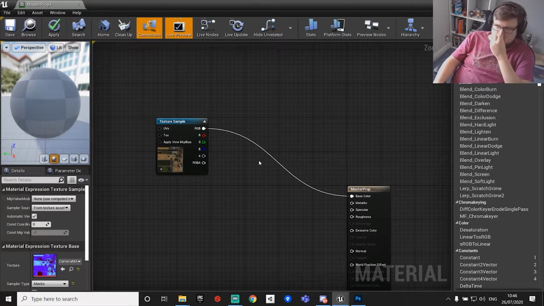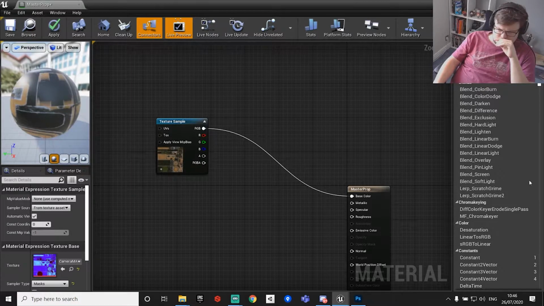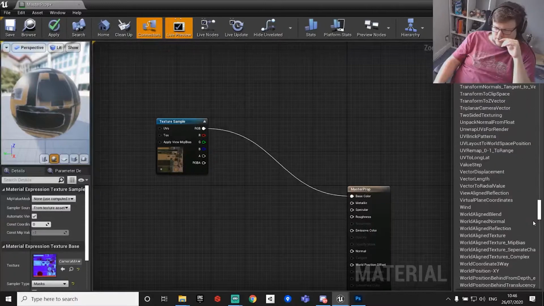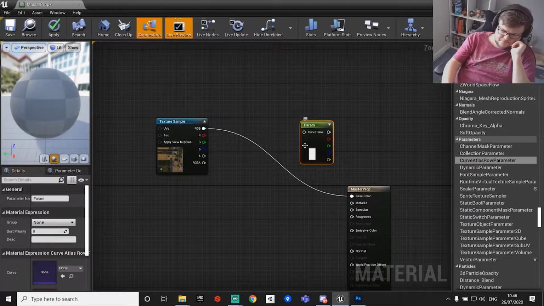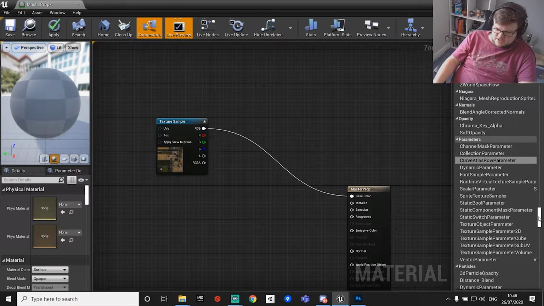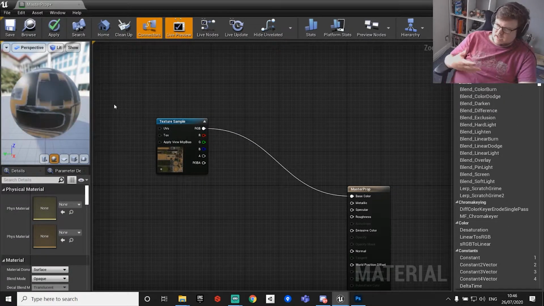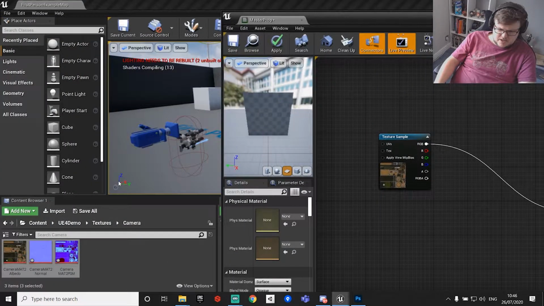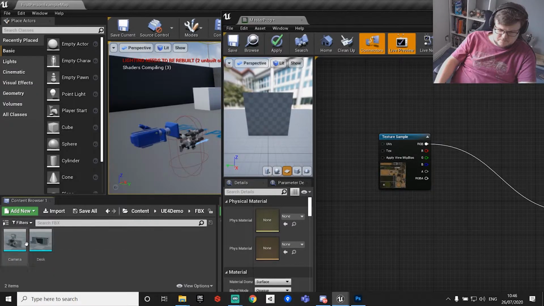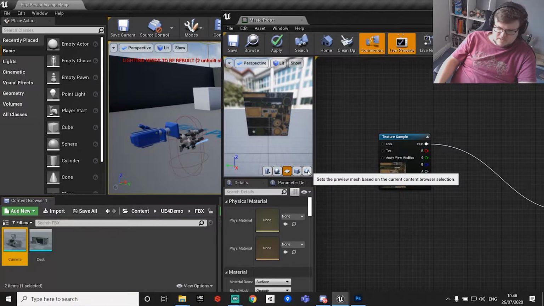Now, I'm just going to explain before I go any further what the options are. So this is all the different nodes that you can put in. If you want to put that in, you can. You just drag it, basically. There are hotkeys, and I am going to use some hotkeys anyway. The next thing is we can view this on different shapes. Now, one of the cool things is if I go to my camera and click the little teapot,